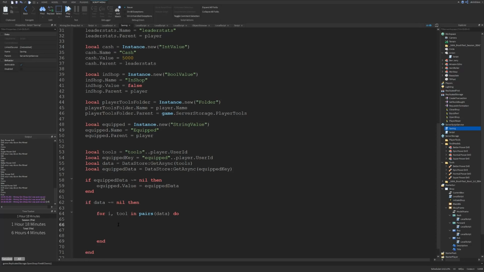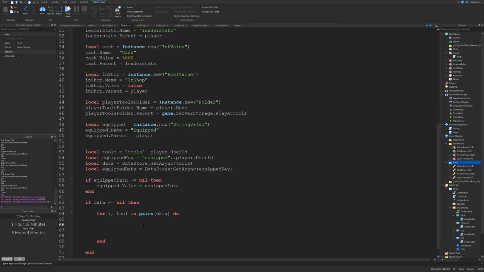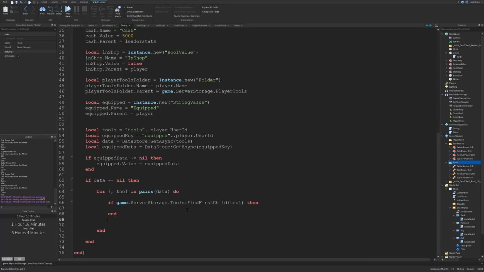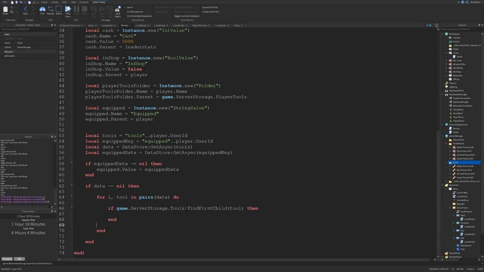And inside of here, what we're going to do is check to see if that tool is in ServerStorage in tool models. And if it is, so if it's in the tools folder, then we know it's a real tool. I'm going to clone it into the player's player tools folder. So we can say if game.ServerStorage.Tools:FindFirstChild(tool), then, and inside of this for loop, if the tool is a legitimate tool in the game,